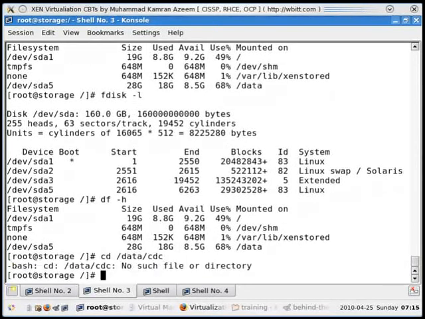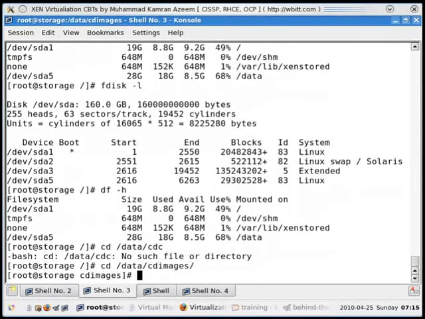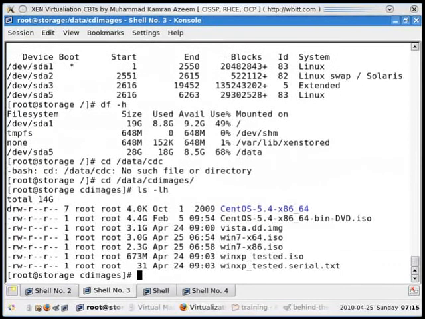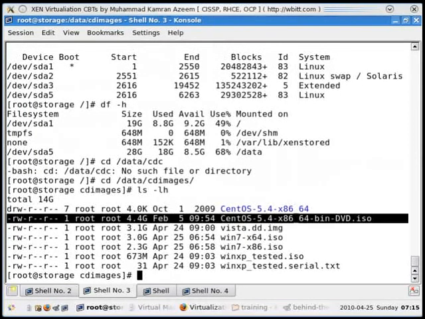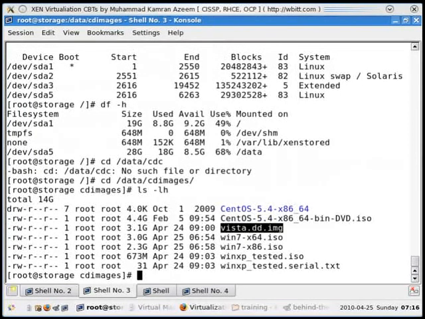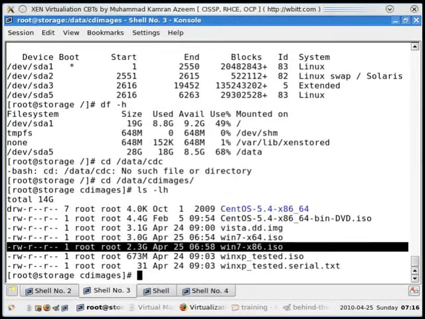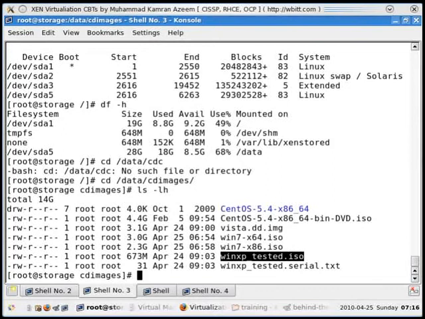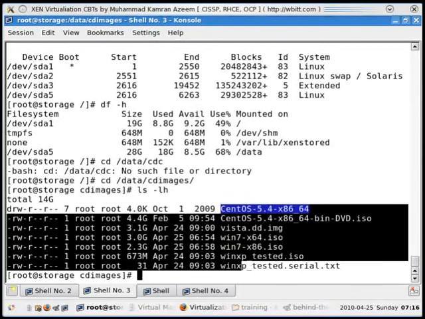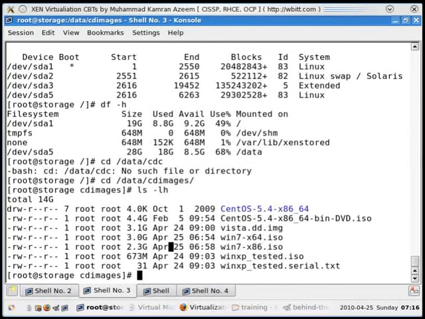cd slash data, CD images. Here I've got CentOS ISO 64-bit, I've got Vista image, I've got Windows 7 64-bit, Windows 7 32-bit, Windows XP ISO. So these are the ISOs I'm going to use to create VMs, and the VMs I'm going to create directly on disk partition. So to start off with that, I'm going to do fdisk